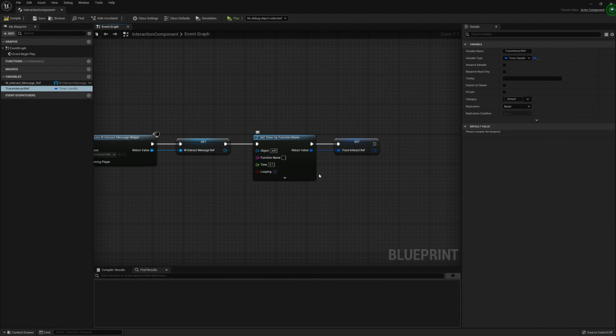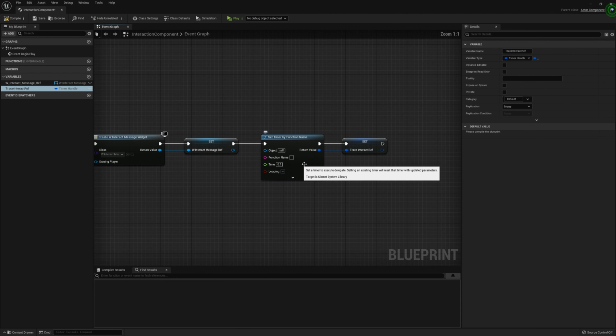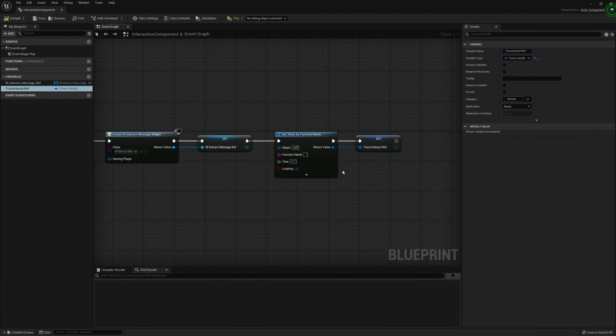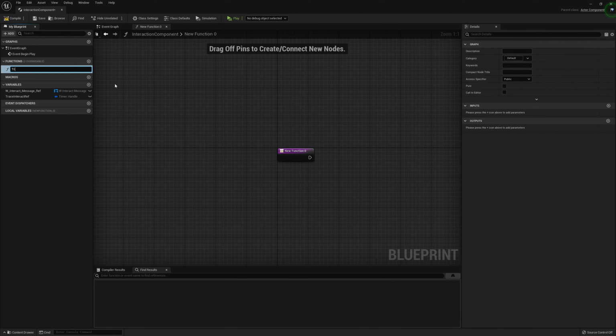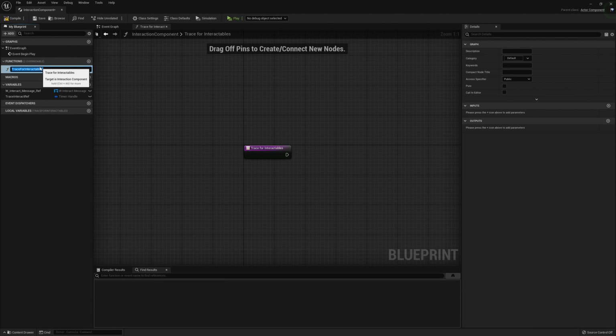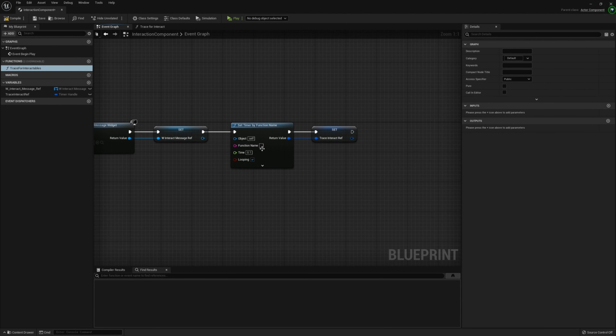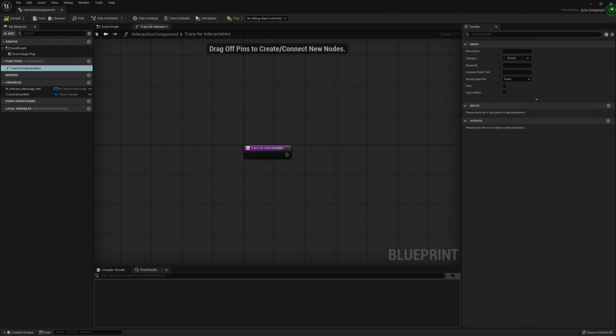This function which we're going to be calling will be there to trace for interactables to make sure we have got an interactable which we can interact with. So we're going to create a new function called trace for interactables, and we can F2 and then copy that name for the function and paste it into the function name for the timer. We can go ahead and go into the function,